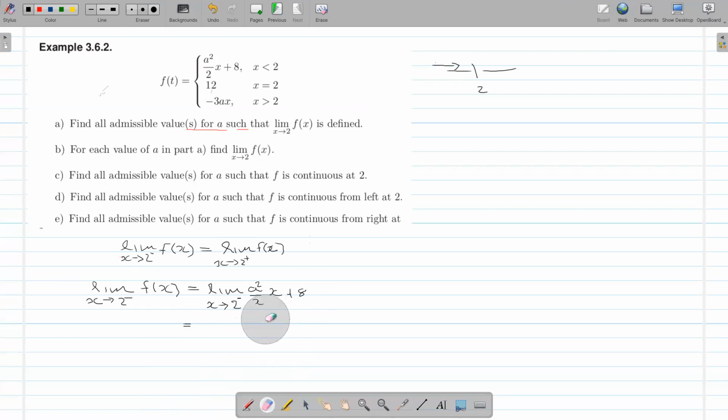Okay, a, I don't know, but x I know. So a squared times 2, no, because x is 2 here, plus 8. So this cancels out. Okay. Do you have any questions about this one? Why did I pick this part? Because I am going along the values less than 2. Okay. Now I need to find